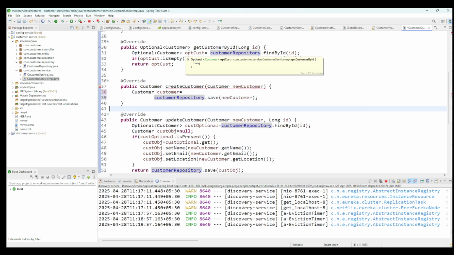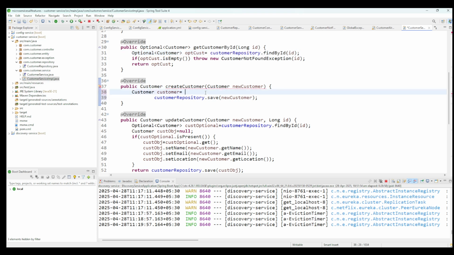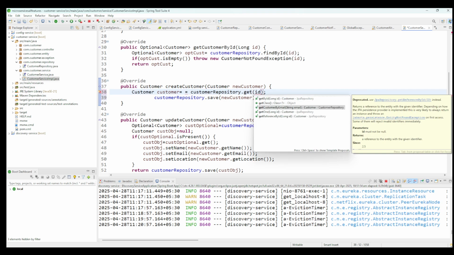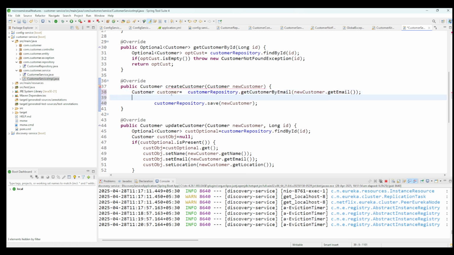So for that we can call get customer by email, and here we are going to pass the new customer dot get email. So it will fetch the existing customer object for the email,